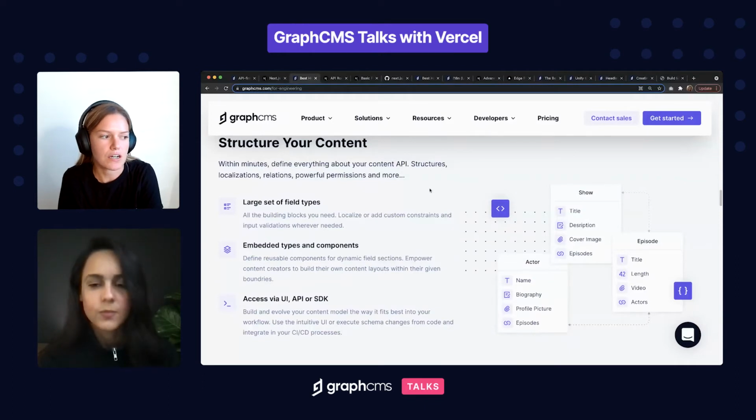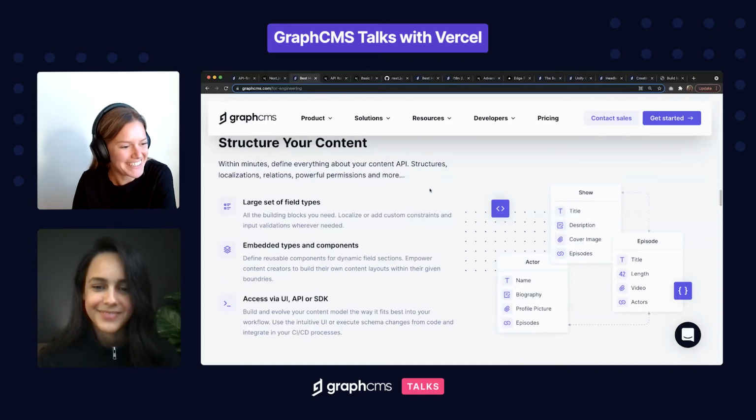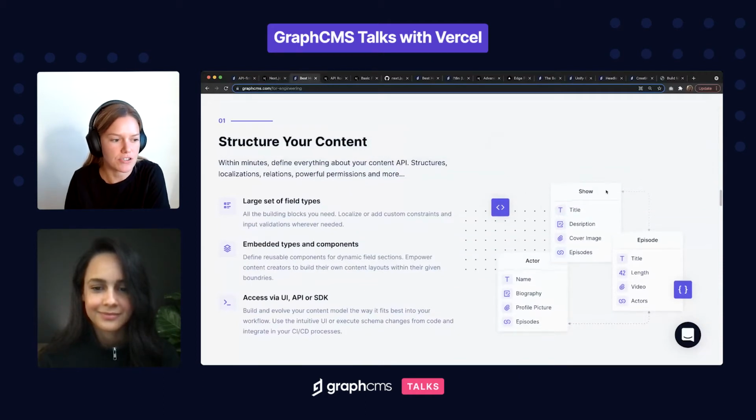Within a content model, it's basically all of the different little bits of data that you want to pull together. And you can use relations to show different relationships between different content models. So here in the example, you see that there's a show model, there's an episode model, and there's an actor model. And these will all have their own different pieces of data associated with their larger model, which then can be connected via relations